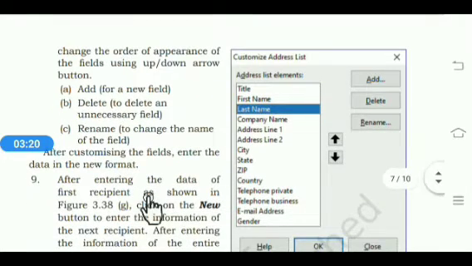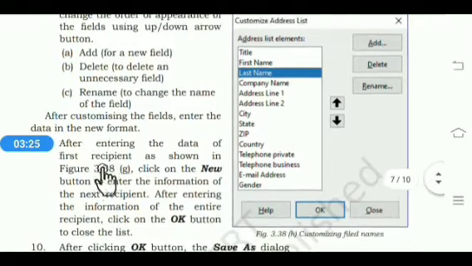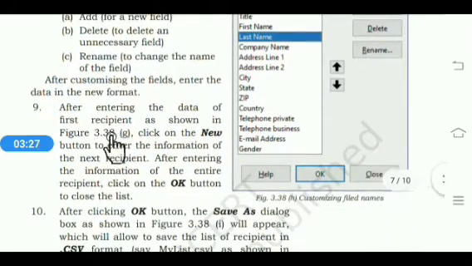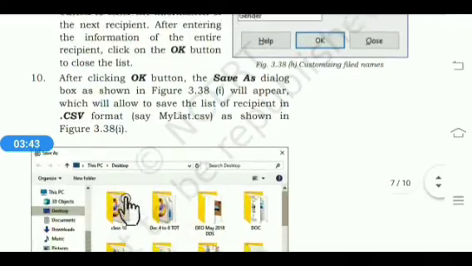After customizing the fields, enter the data in the new format. After entering the data of the first recipient as shown in figure 3.38g, click on the new button to enter the information of the next recipient. After entering the information of all the recipients, click on the OK button and close the list.